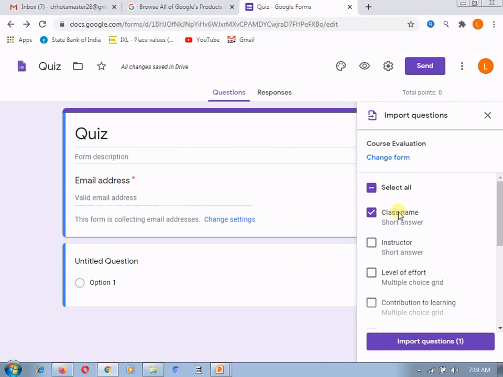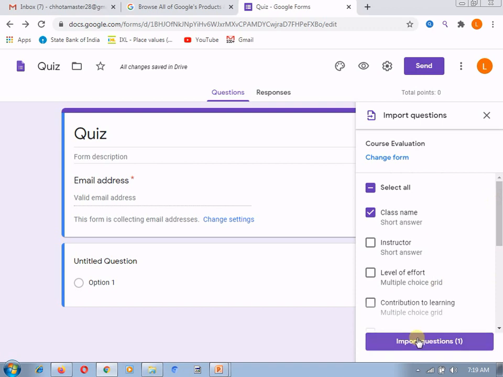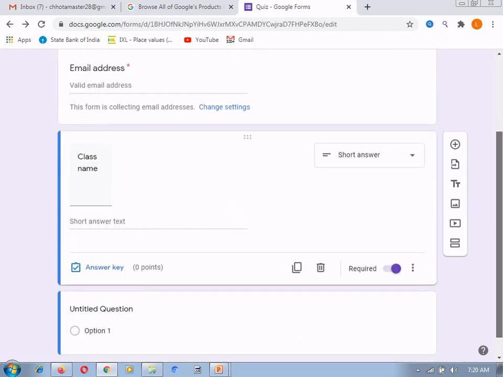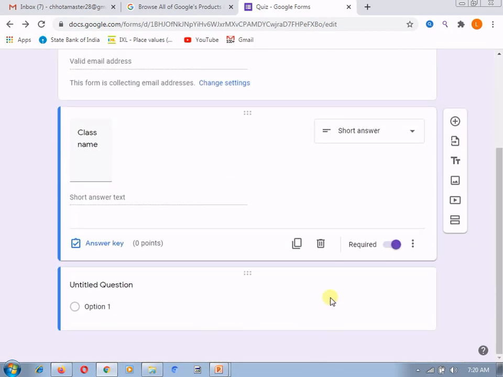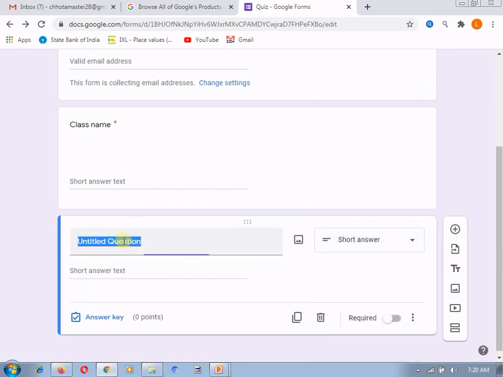The name of the student is not given in this form, it's okay, but I am just revising how to reuse questions or import them from another form. So this class name is over here. We can add the name of the student by changing the type of the question to, suppose, short answer, and here we can give the name as well.